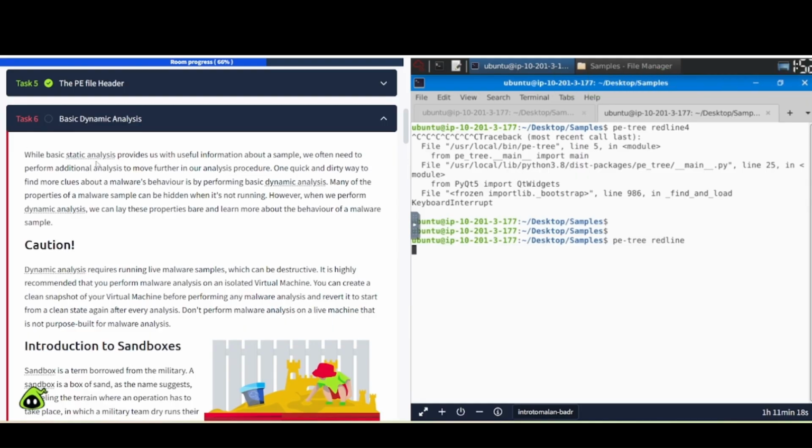Well, basic static analysis provides us with useful information about a file. We often need to perform additional analysis to move further in our analysis procedure. One quick and dirty way to find more clues about a malware's behavior is by performing basic dynamic analysis. Many of the properties of a malware sample can be hidden when it's not running. However, when performing dynamic analysis, we can lay these properties bare and learn about the behavior